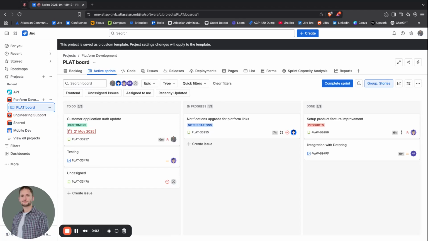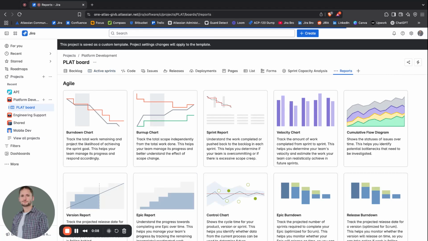Let us take a look at the sprint reports. The sprint report is a report that occurs only under Scrum projects. Using Kanban, you are not going to be able to see the sprint report. Now, the sprint report is all about the work that has been completed and the work that has not